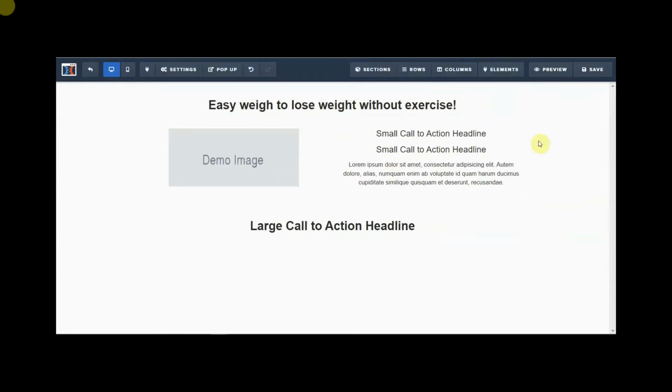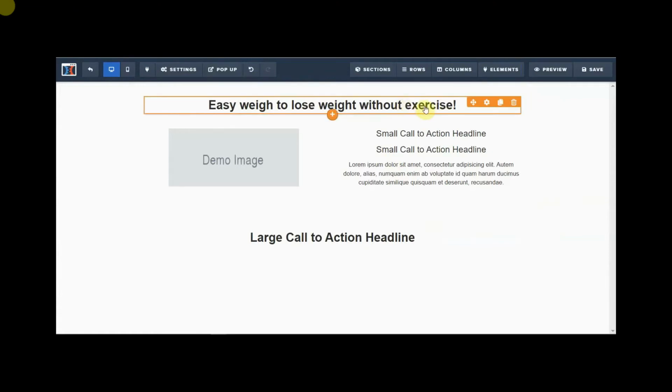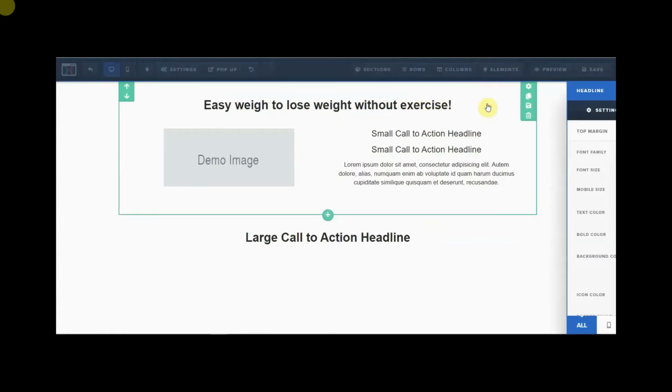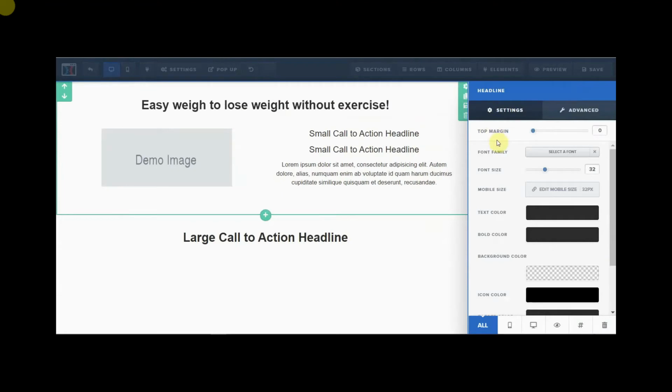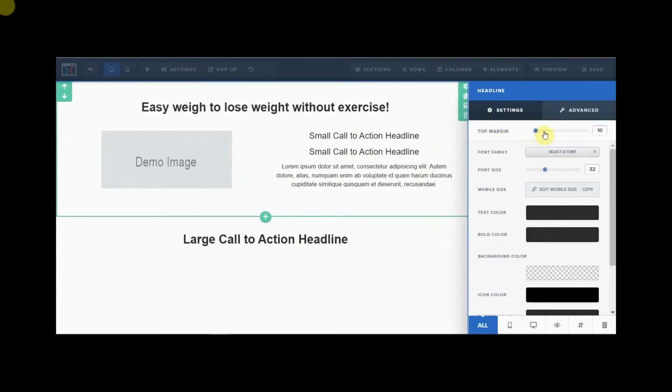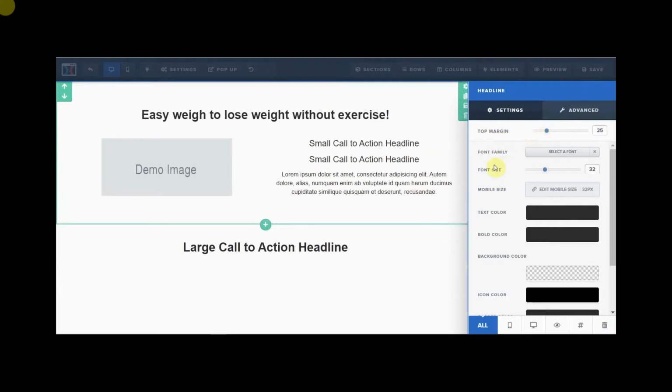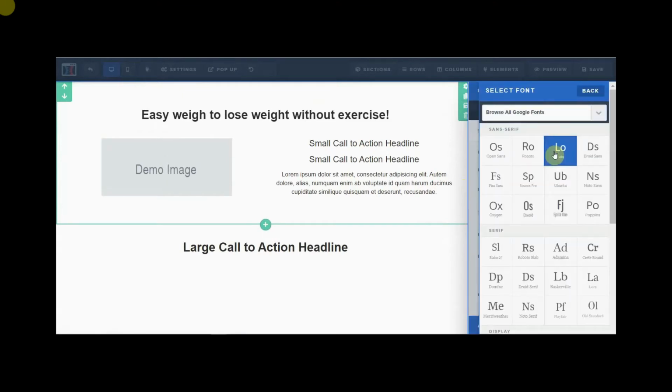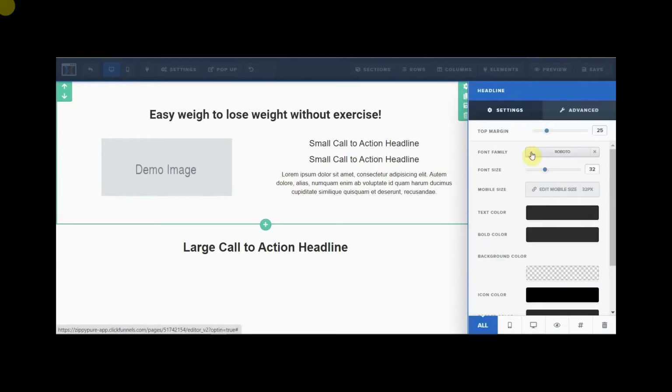Now I want to adjust the font and the size of the headline. I go to the settings icon, it's the little sprocket in the green selection box, and bring up the pop-out choice for that section. You can see here, I am adjusting the top margin so that I have room to increase the size of the font without it looking unbalanced. I then choose what font I'd like it to be. Once I see what the title looks like in the font that I picked, I proceed to where I can